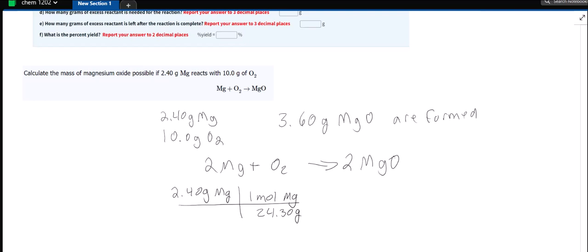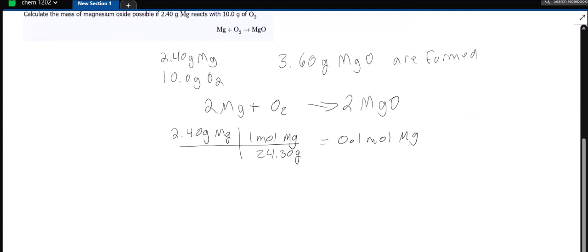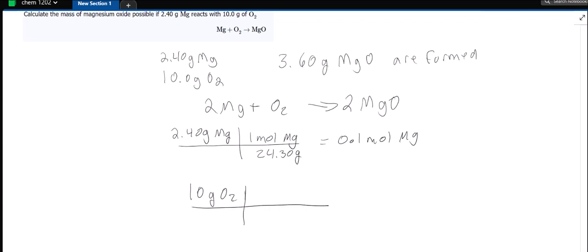Okay, so I can see right away that's a tenth, so that's 0.1 mole magnesium. And then I have 10 grams of oxygen. And then in 1 mole of oxygen, I have 32 grams of oxygen. And 10 divided by 32 is 0.31